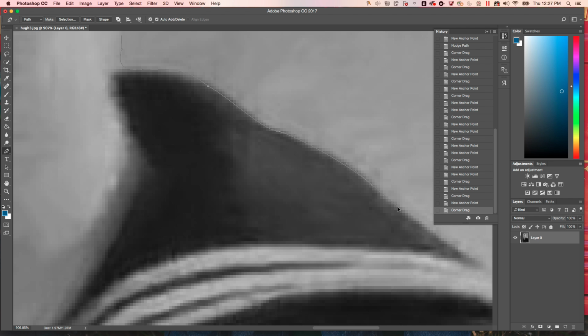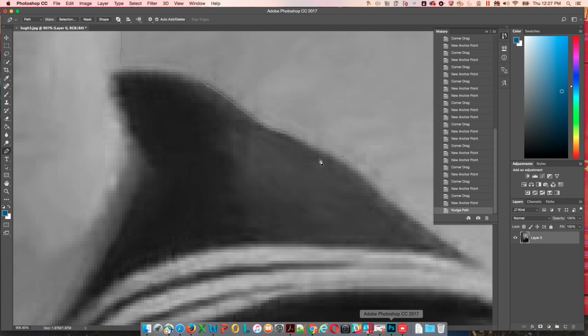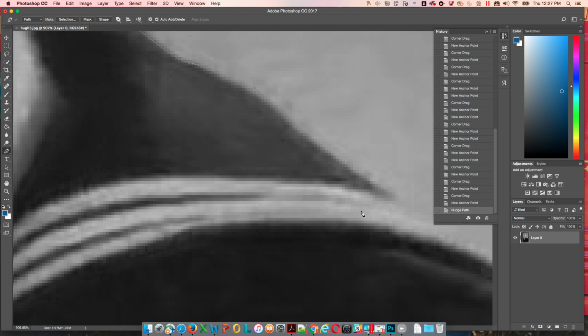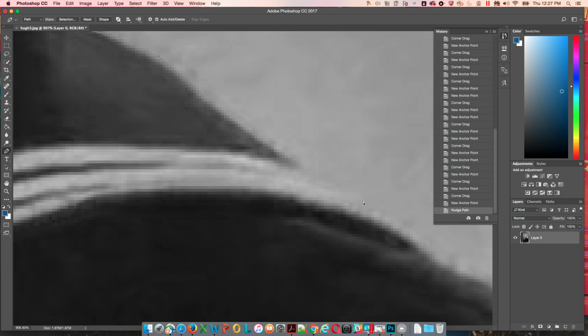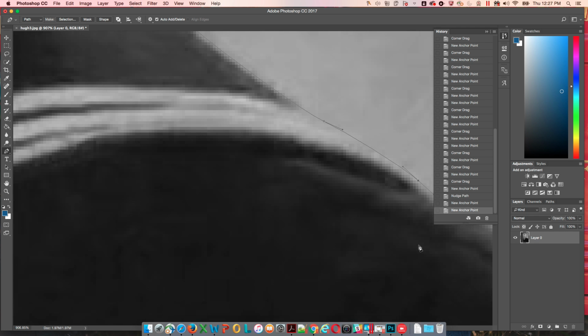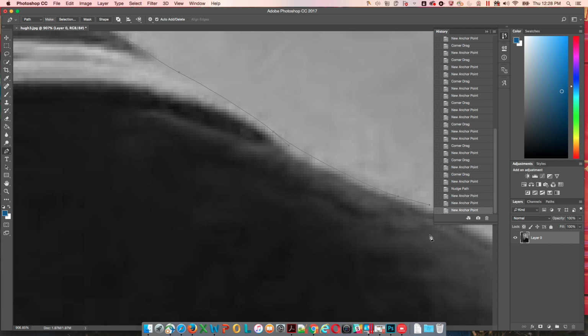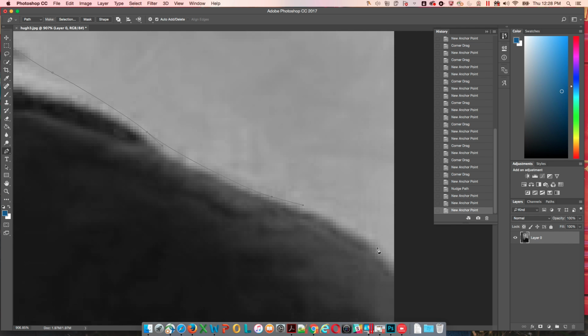Drag it. Use that curve. I'll pull it up a little bit because I kind of screwed it up a little. There we go. Boom, and it's going in the right direction, so I'm going to readjust. And, I mean, this one goes down here. I'm going to grab it here and kind of pull that out, and then pull it down in here a little bit. And then this one kind of seems to go out that way a bit. I mean, these are all pretty good curves. I don't really need to